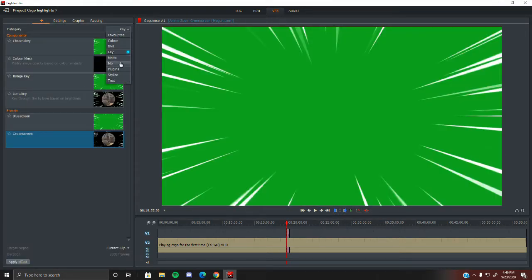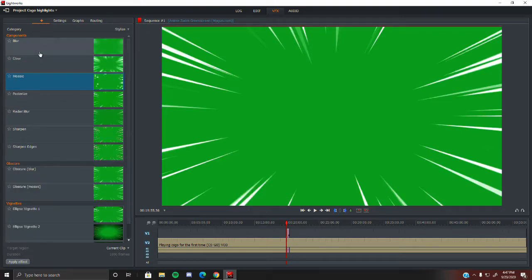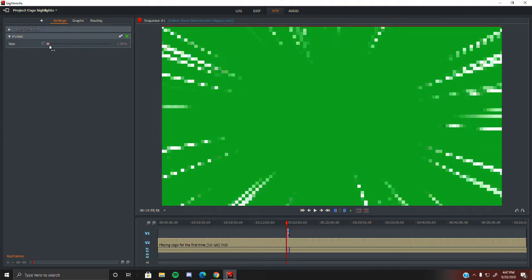I should probably use some other stuff. Over here are basically effects that you can put on your videos, like a transition or something like that. You can use all of these just to do a transition, and then you can do this. This is what I used to use to censor stuff, the mosaic, because you can pixelize things. You see,